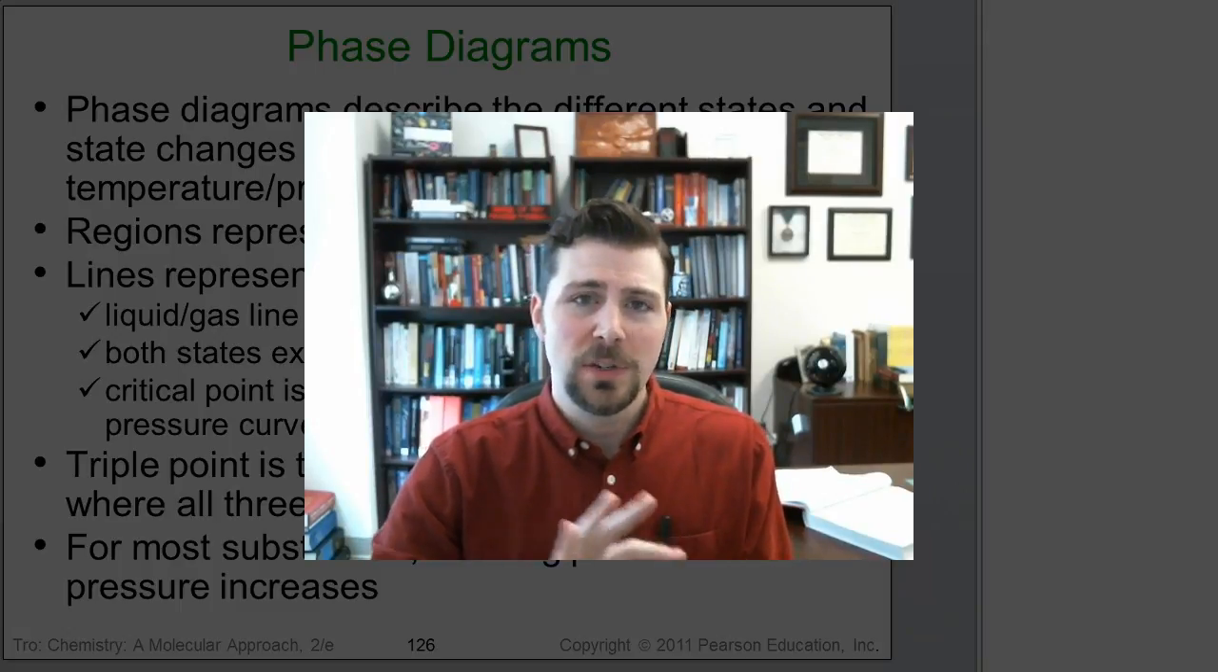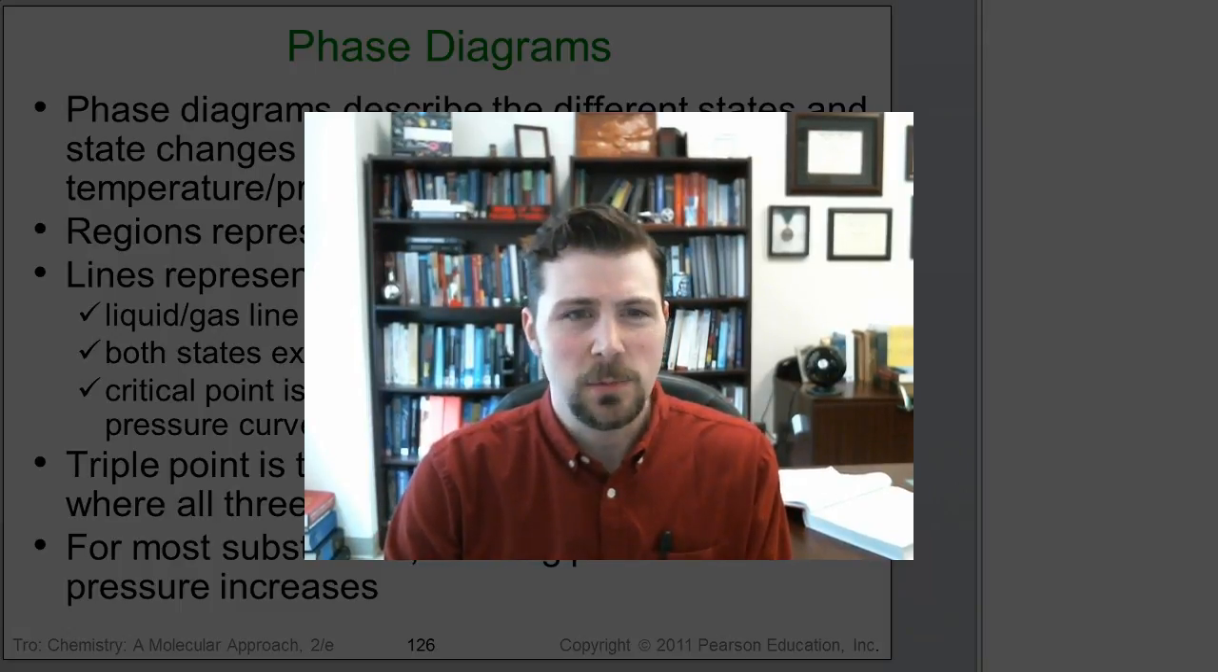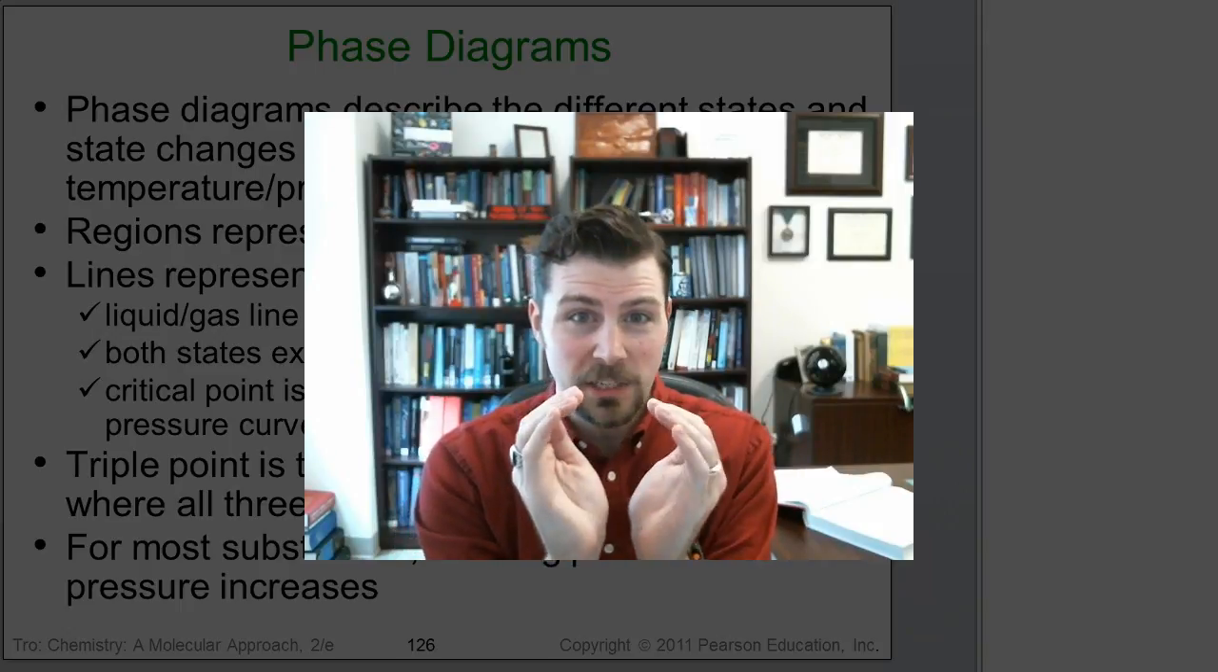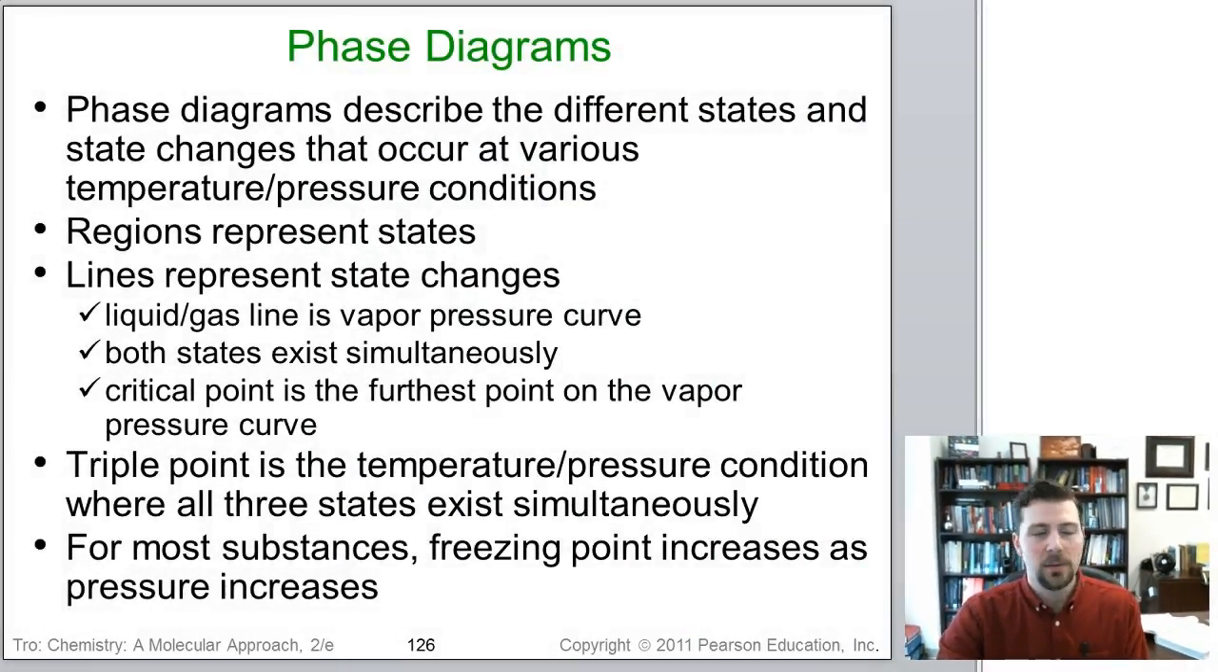So we've talked about all the transitions between different phases, and it would be helpful if we put it all into one picture. And that's sort of what a phase diagram allows us to do. So they describe different states and the state changes that occur at various temperature and pressure conditions. Because remember, I told you, if you alter the pressure or you change the temperature, that's when you're making phase